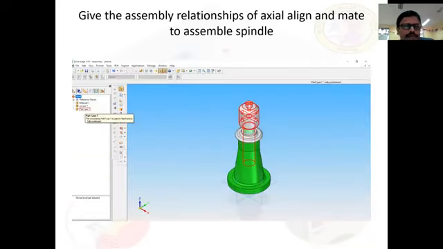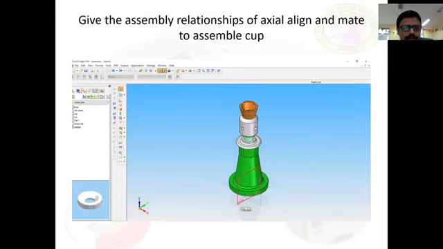Later, using the same assembly relationship, you assemble the screwed spindle with the assembly of nut and body. Then give the similar assembly relationships of axial align and mate to assemble the cup here. So the cup is assembled on top of the spindle.